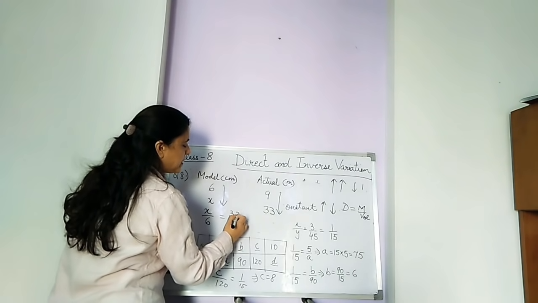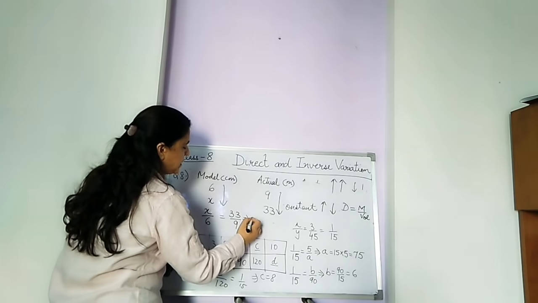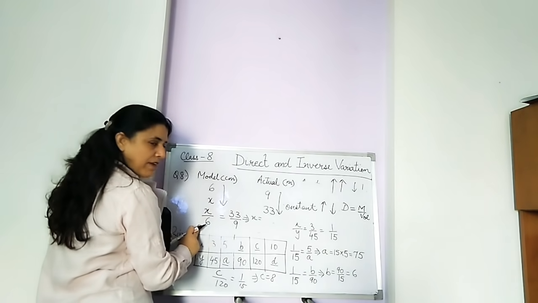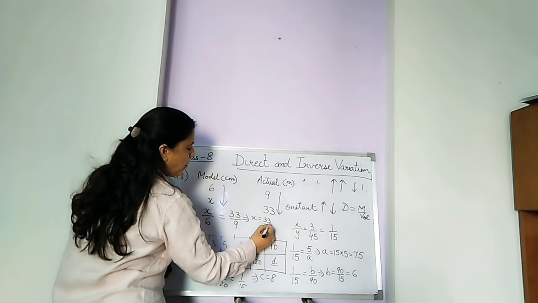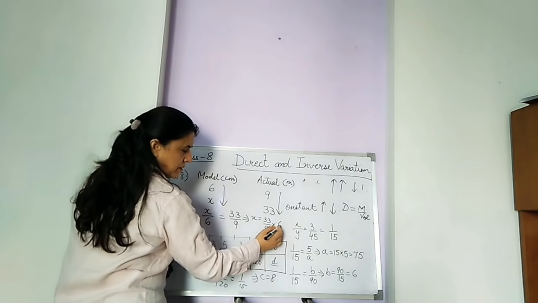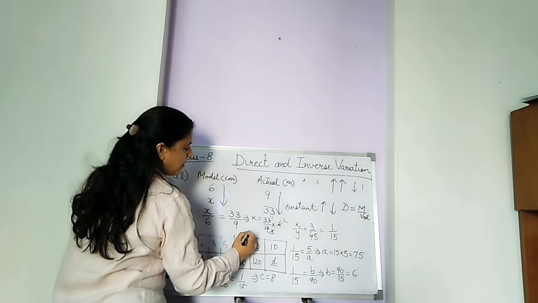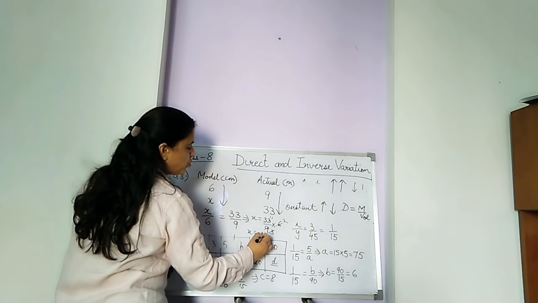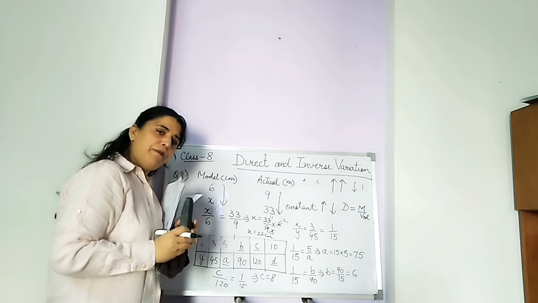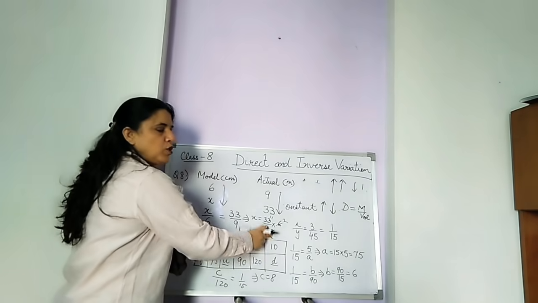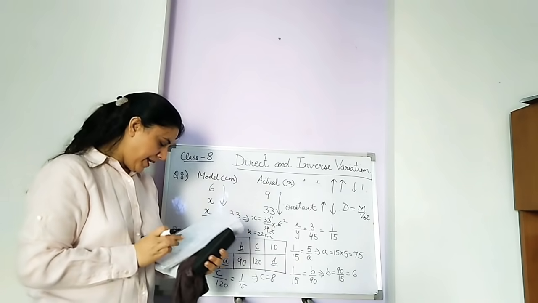Is equal to head, 33, upon tail, 9. Clear? So x is equal to, now x divided by 6 will go there as multiplication, is equal to 33 upon 9 into 6. 3 2s are 6, 3 3s are 9, 3 1s are 3, 11 2s are 22. That is, x is 22 centimeters. That means the length of the ship on the model is 22 centimeters. Clear? I hope you are getting it, children.